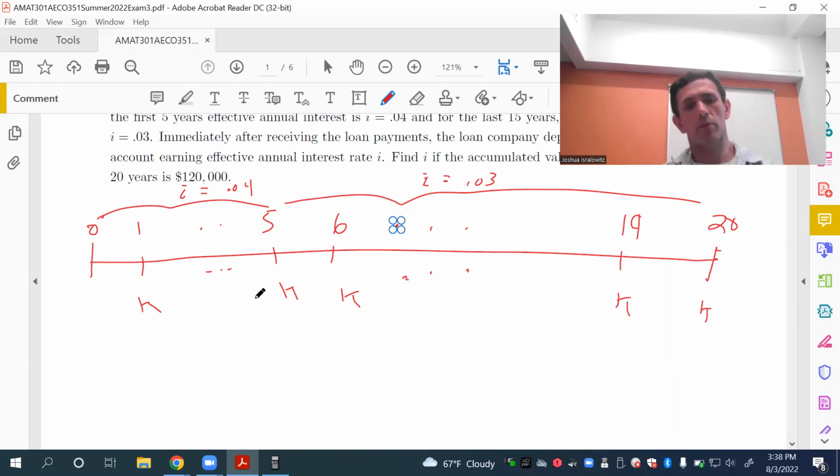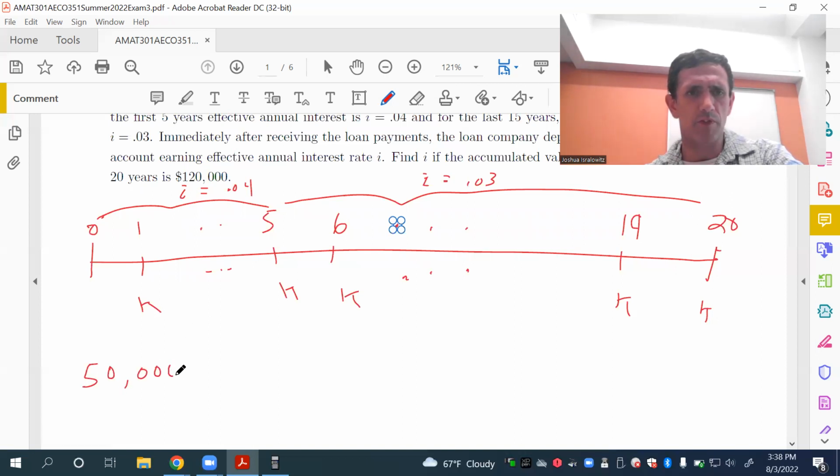Break up the annuity, rather, into two annuities. First of all, the loan amount is 50,000, so that's the present value. The first 5 payments are K a angle 5 at 4%. Then for the next 15, it's K